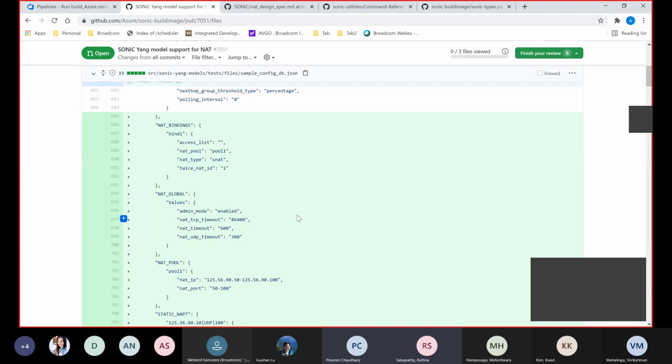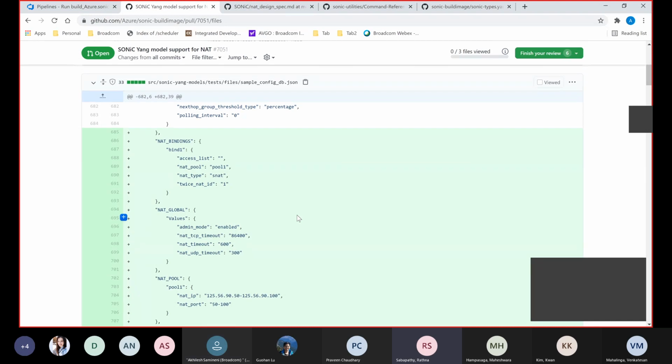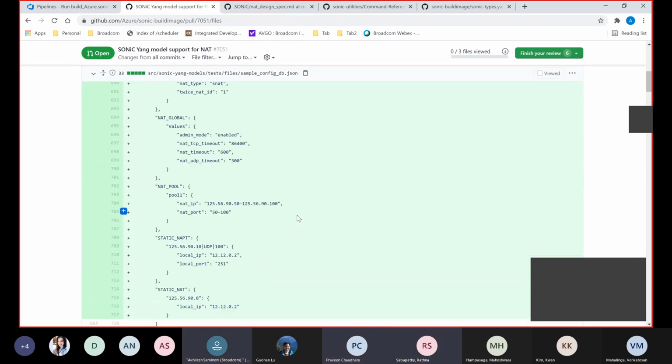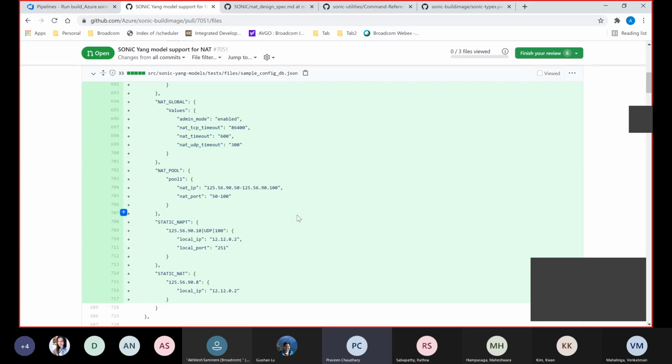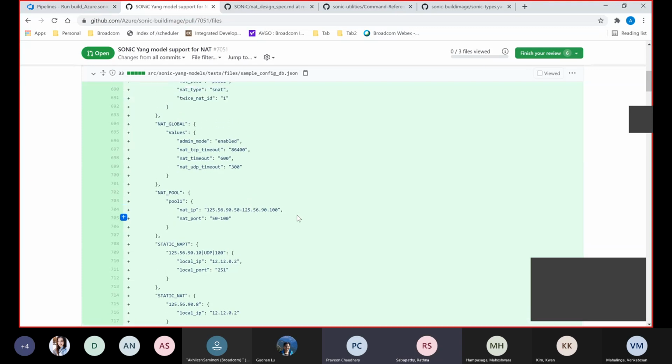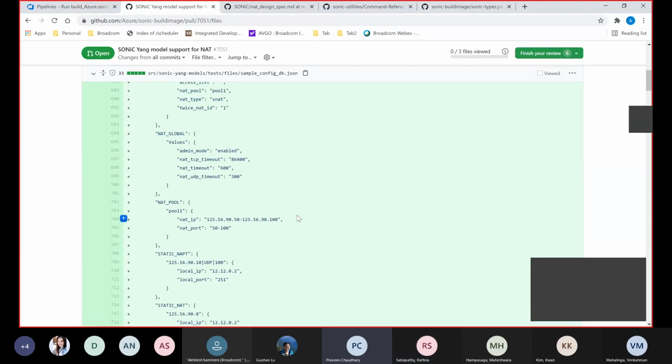I think he has a test case, Praveen, for NAT, right? Do you have any interface used here in this JSON? No, this JSON file is mainly to validate that the new YANG model is loaded correctly and it is able to work on this. Like it is a single container, the container name is same, that kind of validation it will do.